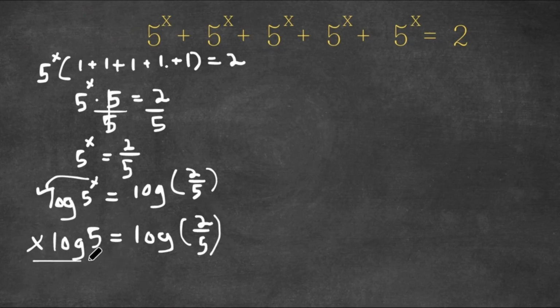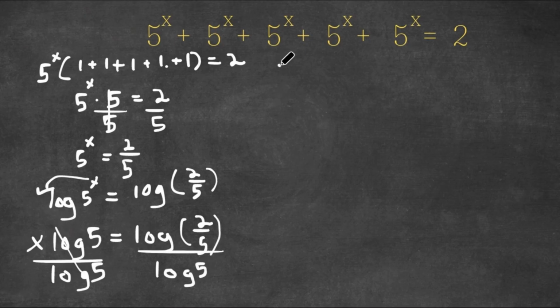Now I'm going to divide both sides by log 5. So these two cancel out, and I get x is equal to